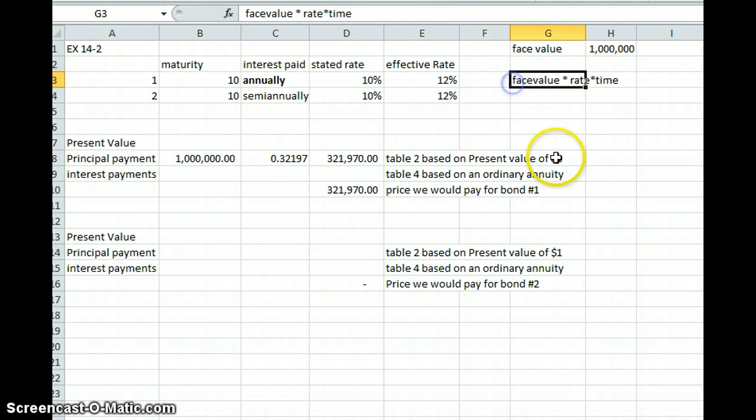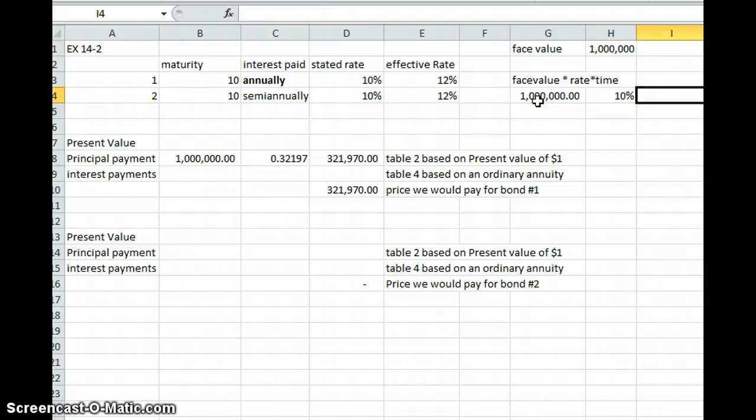The way we calculate interest is face value times rate times time. So our face value is 1 million. Our rate is 10%, it's the stated rate. And time for us is going to be 12 over 12, so it's going to be equal to 12 months over 12 months, or 1. So when we calculate this, we don't even really need the 1, but I'll illustrate it. So our face times rate times time is going to give us